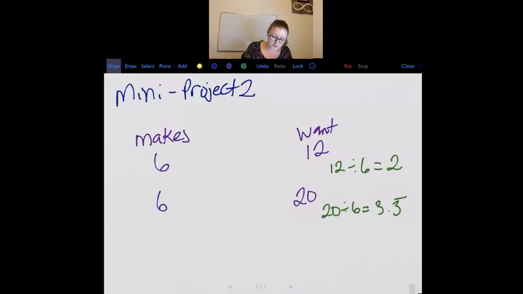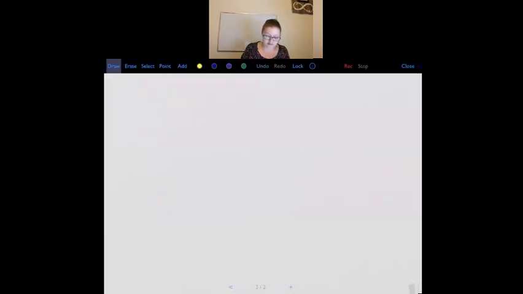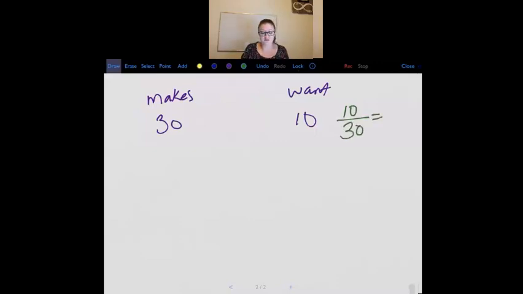What happens when you want to scale a recipe down? Let's say you have a recipe that makes 30 servings, but you only want it to make 10. You might see that you would take everything and divide it by 3, or the mathematics, again, is you take what you want divided by what it makes to give you your factor. So you would divide everything by 3 or multiply by 1/3, those are the same, to scale your recipe down